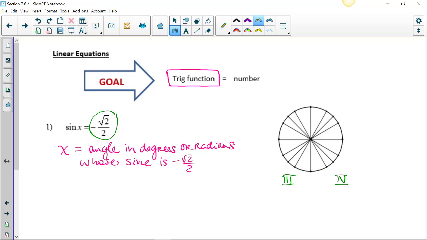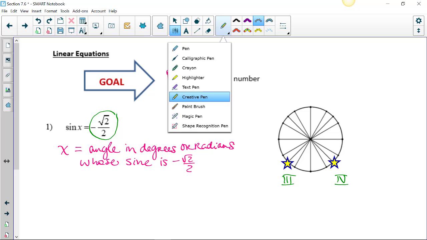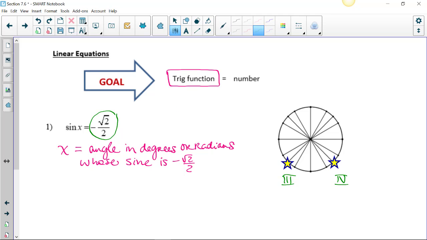How about with a star? All right, so these are my angles. Okay, or I should say the point on the terminal side, or the point on the unit circle associated with that angle. All right, so I know in quadrant 3 that x is